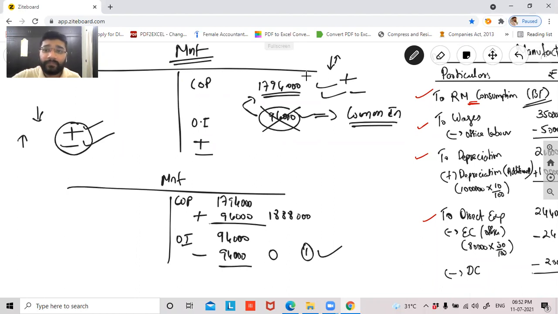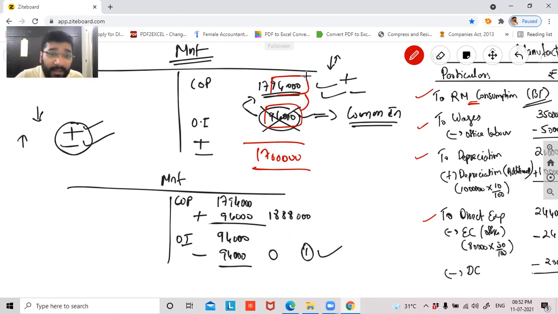Tell me yes or no. Yes, sir. But look at the psychology of how the institute, or anybody framing the question, can play. Here it is 94,000 rupees, and here also it is 94,000 rupees. People have the tendency: 1794 is given and this 94 is given, so obviously I should minus 94 from that and get 17 lakh rupees. This is how your psychology will drive you. That is the reason they purposely give the same figures. So guys, don't get driven that way. Always think logically.